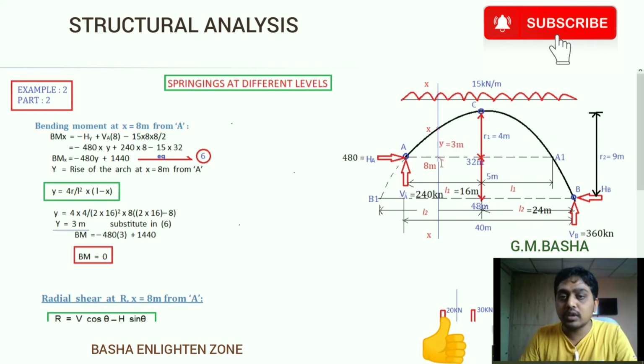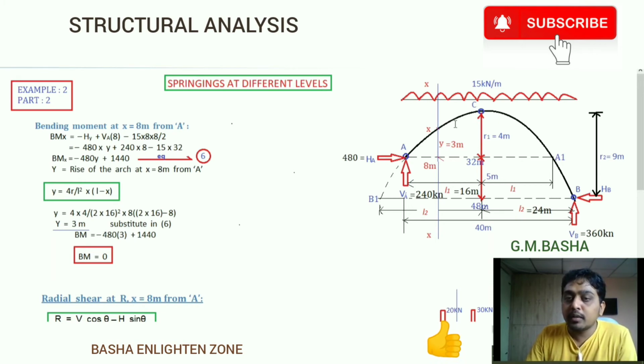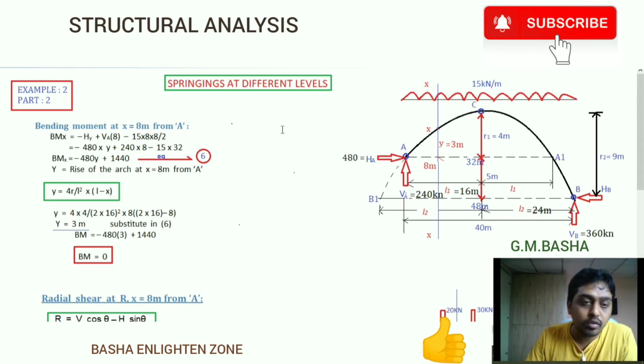Okay, observe one thing. Whatever the value in between A to C, from A you can take this as 0 and at C it will be 4 meters. Whatever the intermediate value obtained according to the parabolic arch formula, it will be in between these two only. So this one will be 3 meters, between 0 and 4 meters. Whatever the value obtained, it will be between 0 and 4. Okay, don't forget that, please remember that point also.